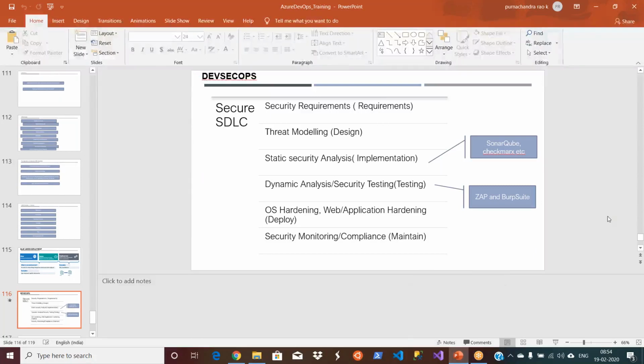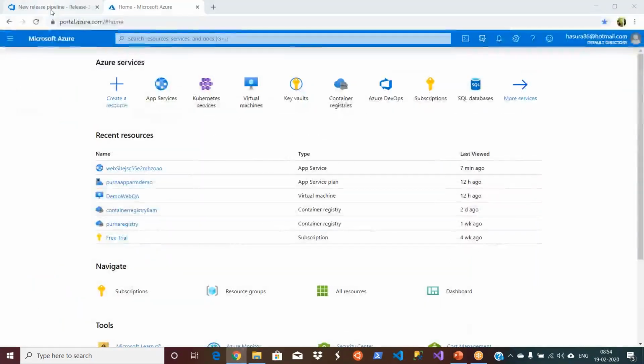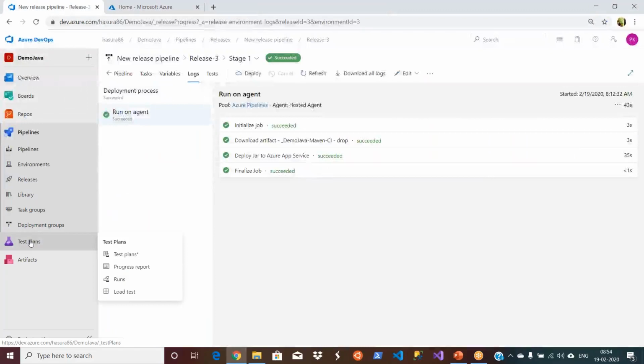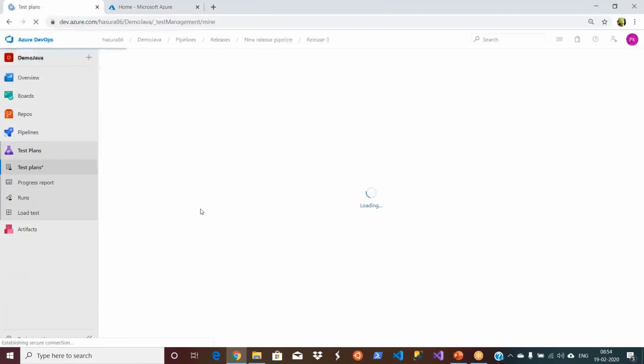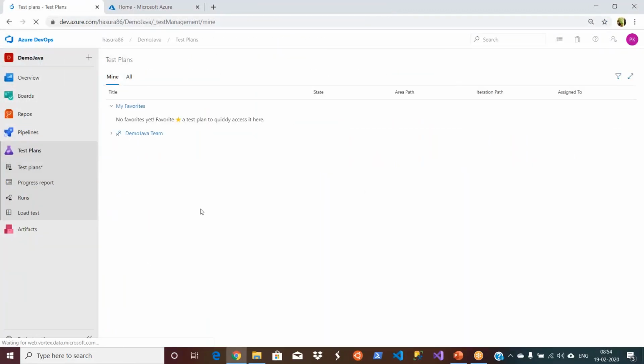So about log management tools and monitoring tools, DevSecOps and Blue-Green Canary deployments. Okay. So the other one which we haven't touched, and that is part of your Azure DevOps platform, is Azure Test Plans. Yes, first let's talk about the history of Test Plans.